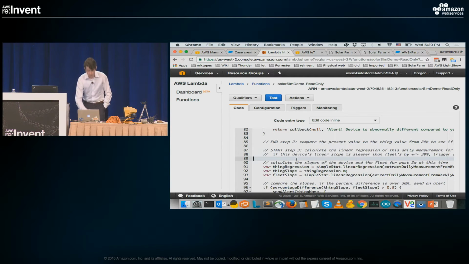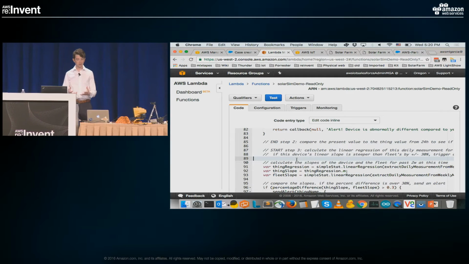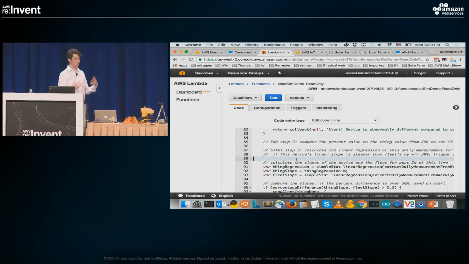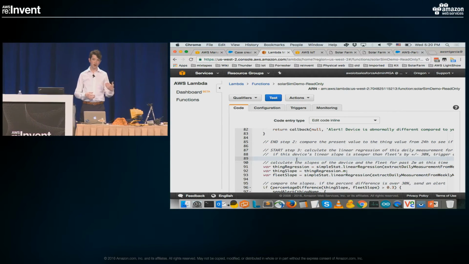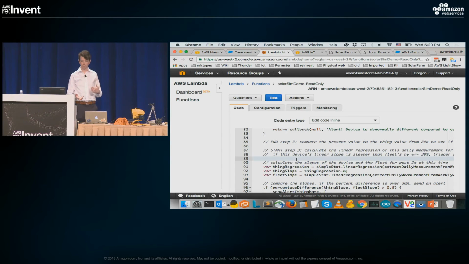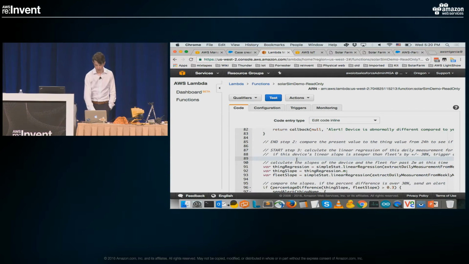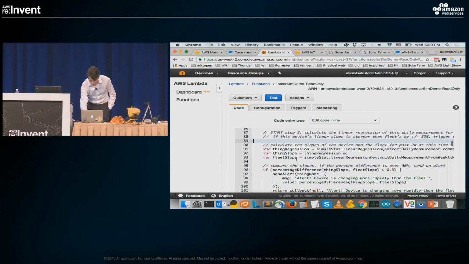The third thing I'm looking for: in steps 1 and 2, I've used the present value of the fleet to augment my insight, my understanding of what's going on with this device. In the second example, I'm using the past to help me understand more about the future. And so I think what is more interesting is using the past and the present to help me tell something about the future. So in this case, I am using both the thing history and the fleet history of this